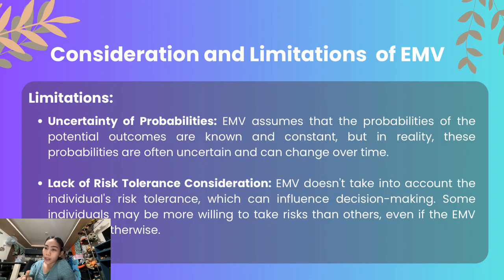We have first here uncertainty of probabilities. EMV assumes that the probabilities of these potential outcomes are known and constant, but in reality, these probabilities are often uncertain and can change over time. Probabilities may just be best guesses, not real data. If your guess is wrong, the EMV result is wrong too. For example, if you assume a 50% chance of risk occurring but the real chance is only 10%, your decision